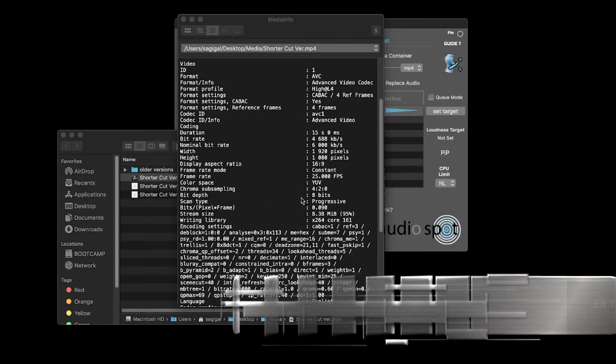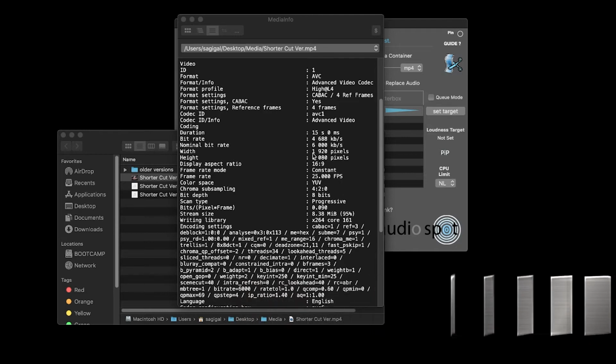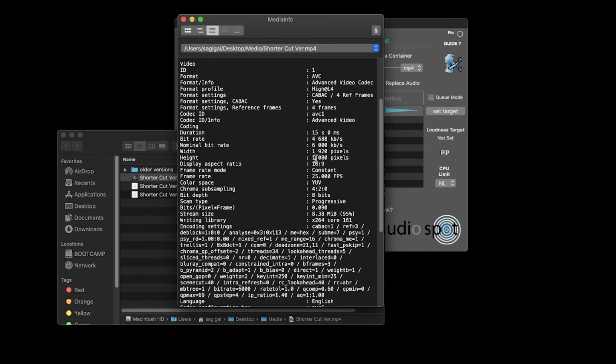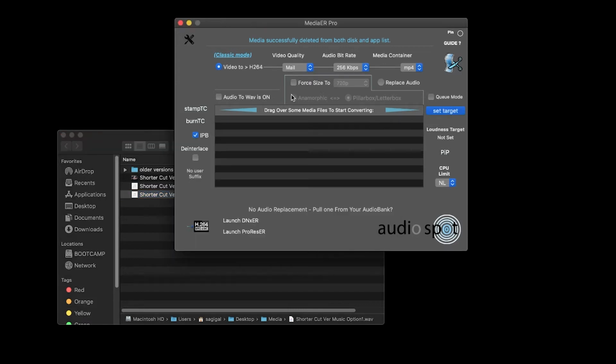Hi! Let's see how we can quickly change our video dimensions. As you can see, I have here a video which is Full HD 1920 by 1080, and here is the file itself. Let's go over the application window, click Force Size to, and select whichever dimensions we want to enforce